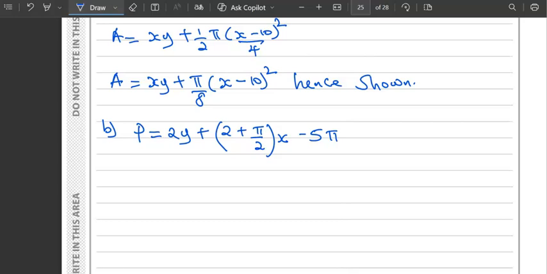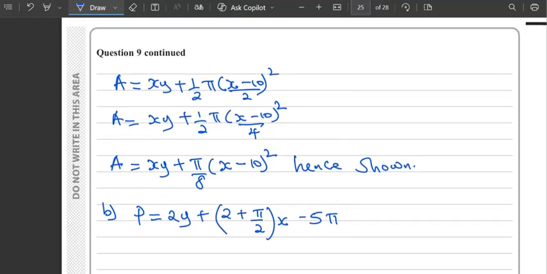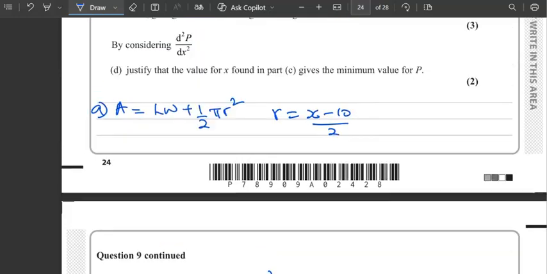So this is what we are required to prove, to show. So we want to use what we are given to show that the perimeter is given by this. Now what are we given up here? Going by what we have,